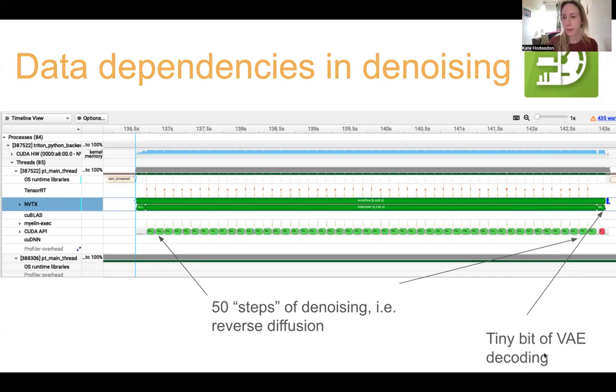So the insight is, rather than doing your denoising in what we call pixel space, which is the 1024 by 1024 by 3 dimensional space, so height, width, channels dimensional space, we're going to do the denoising in a smaller space referred to as latent space.